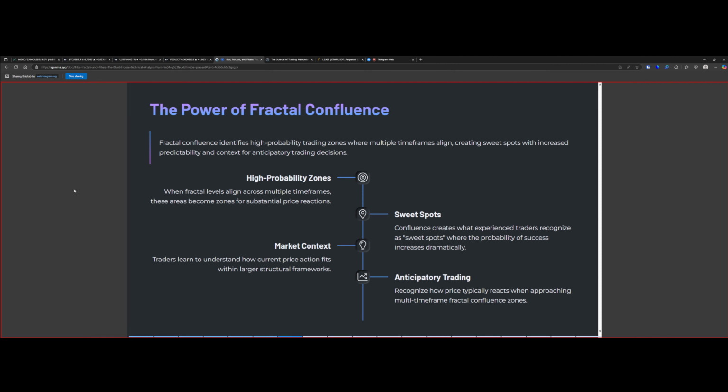What does this give us? What do these fibs, fractals, and filters do for us? Well, they help us understand where we're going to find those high probability zones, areas to buy, areas to sell. We're going to find the sweet spots. And again,